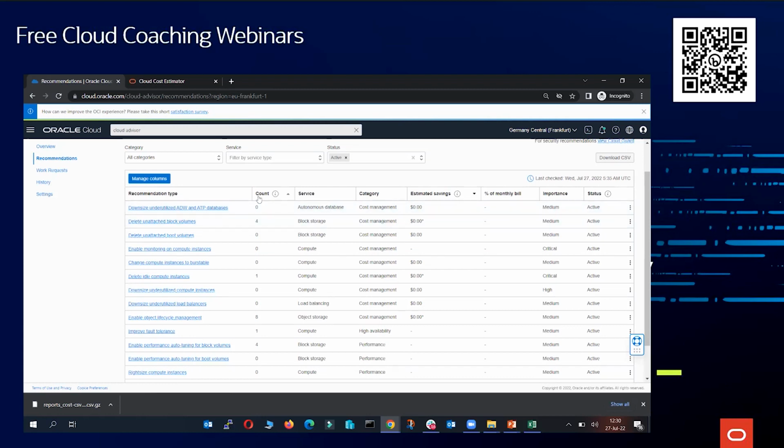One of them, if we go to the count here, is delete unattached block volumes. So for example, you are working with some resources, some virtual machines or some databases, and you have some block volumes that maybe you never used for one year, or for a period of time. They are just unattached. Maybe you want to save them there for a period of time. Of course, this is your choice. It's